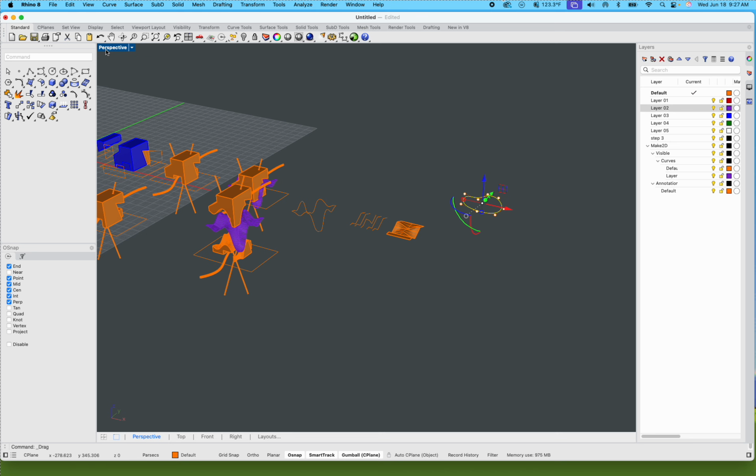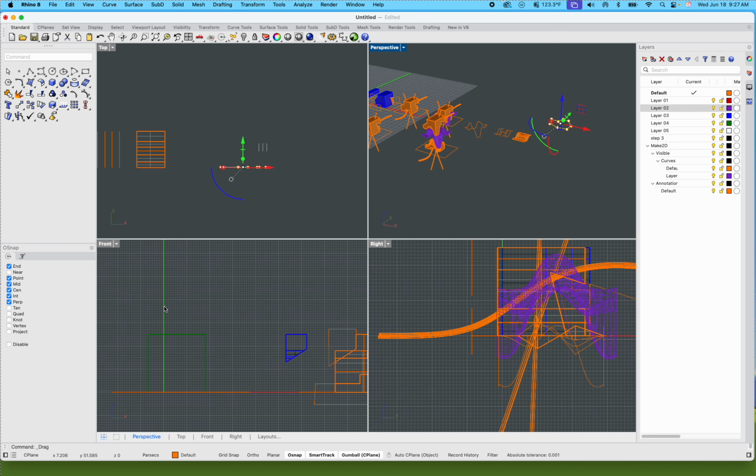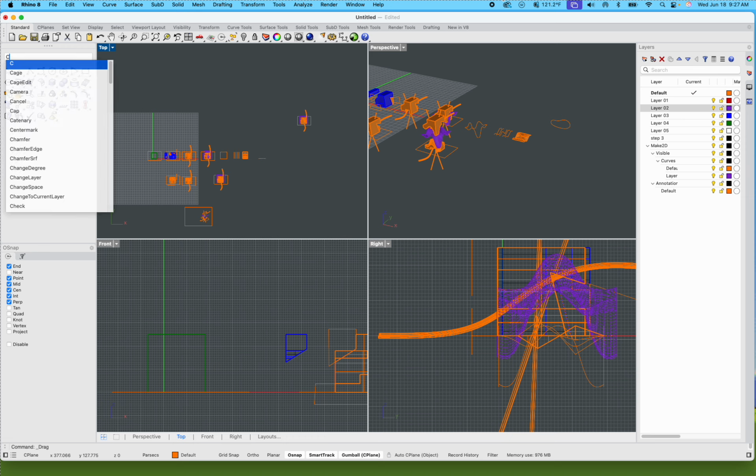Anytime that you draw in the top view or the front view or the right view, by default, it's going to go to your C plane. That's kind of where that exists. I did want to mention, since we're getting into the details today, that you can move your C plane if it's just absolutely annoying you. So if you type in CPlane,